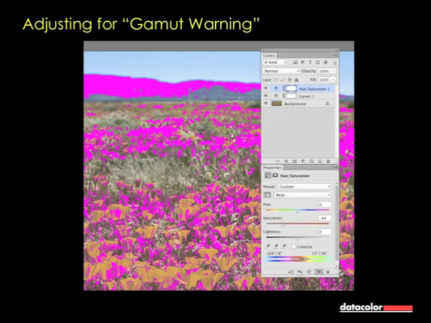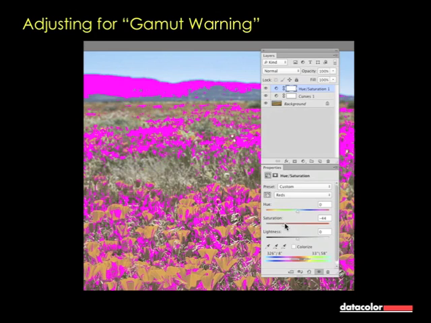So there's a number of ways that you can deal with editing an image when you see this kind of gamut warning. I'm just going to give you one example. There's probably a half dozen options that you have. One way to deal with this is, since we know that we're in the orange and reds territory when we're dealing with a lot of those magenta warning signals in the previous slide, is to go to a hue saturation adjustment layer, pick the reds, and bring the saturation down a step at a time until most of the